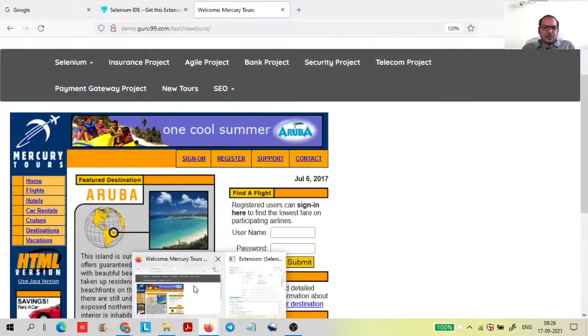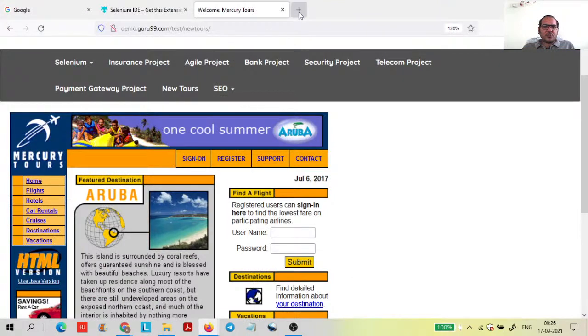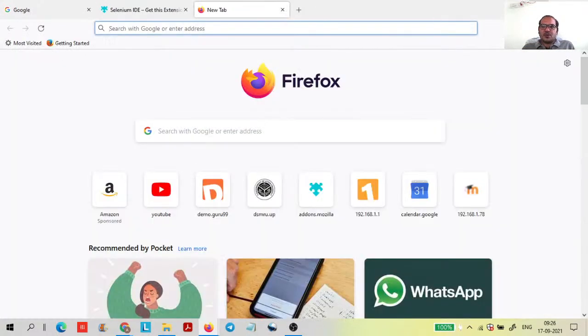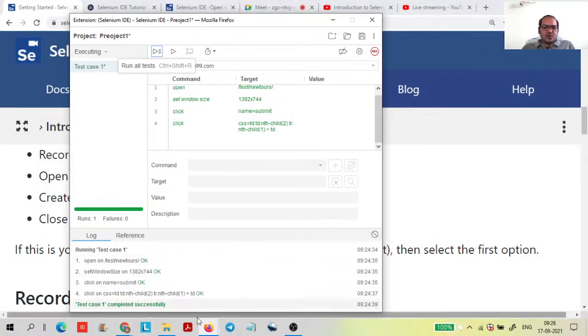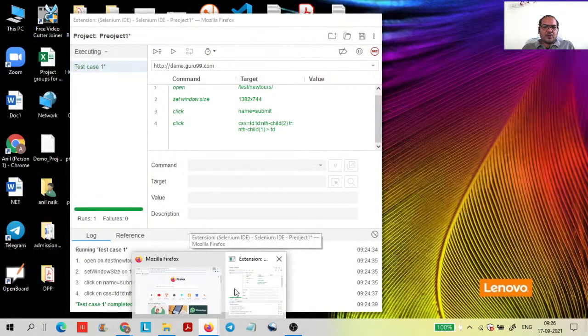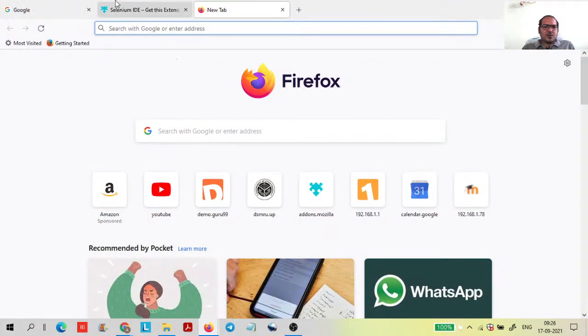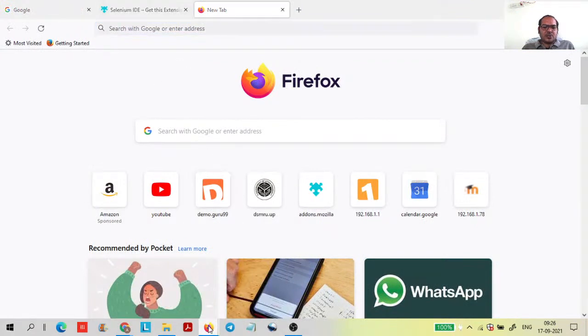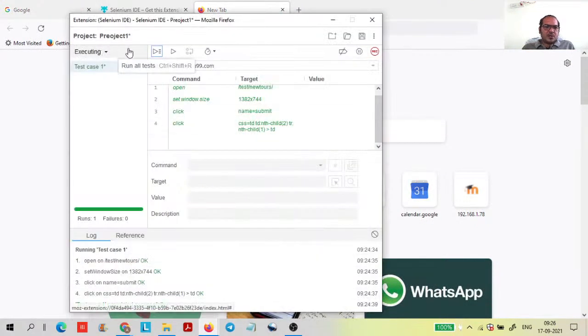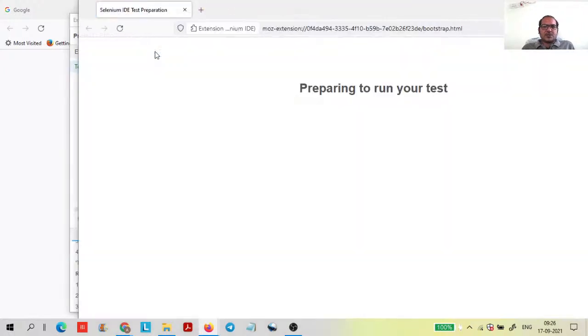this particular tab. I'm closing this Mercury Tours. In Firefox you can see it is not open. That particular Mercury Tours is closed now. So here I'll just run this test case. First it prepares, first it opens the particular